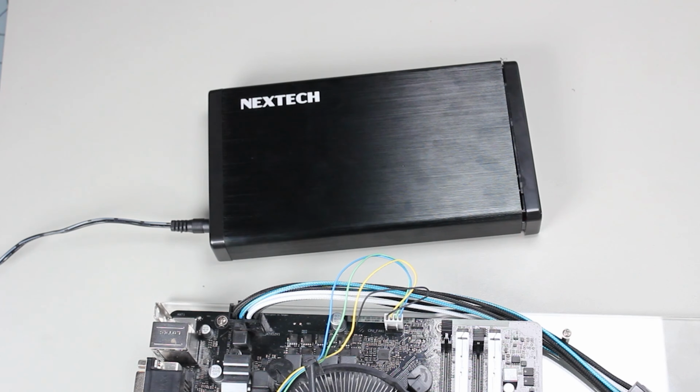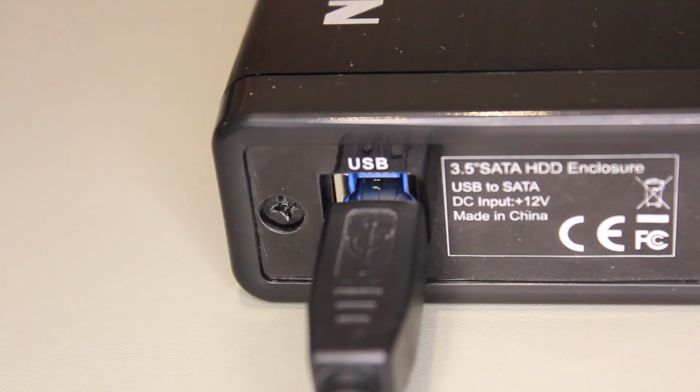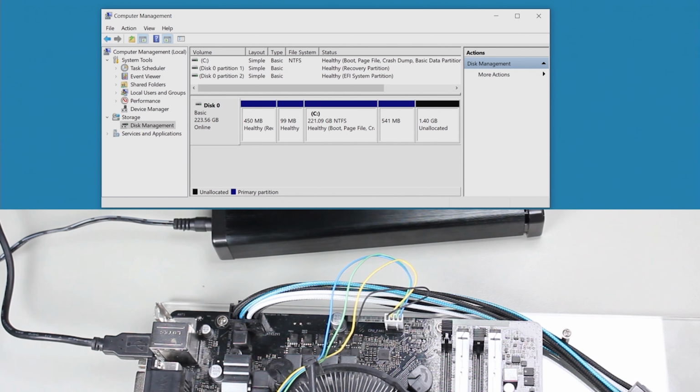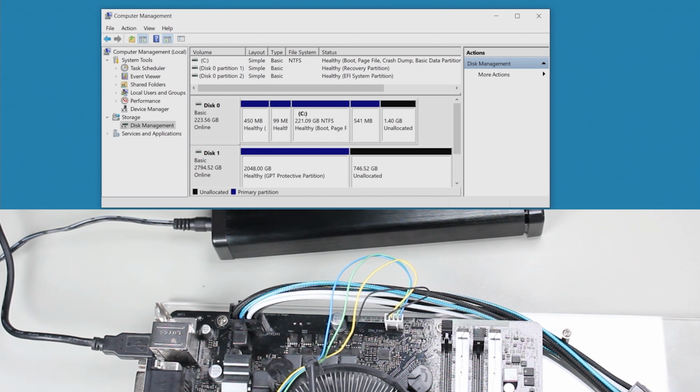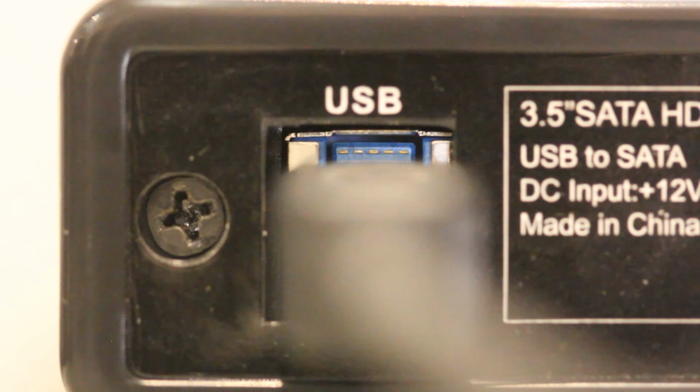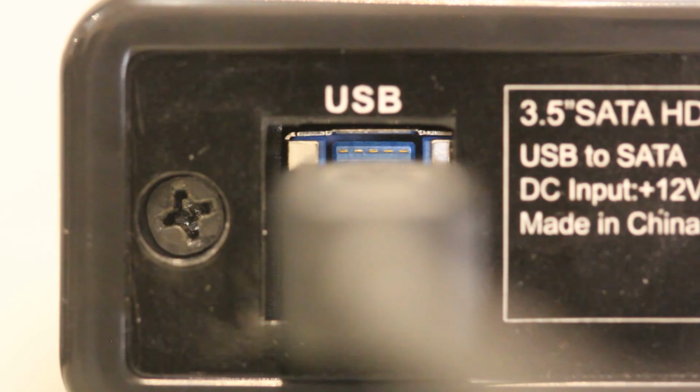I will next plug the USB 2 cable into the hard disk enclosure and into the computer. The hard disk will once again be detected in Windows. Windows won't give you an indication that USB 2 is being used. Thus, it is important to use the right cable, otherwise the performance of the hard disk may be reduced. You will notice that the USB 2 plug fits into the USB 3 plug of the hard disk enclosure. However, you will notice that the USB 3 wires are not connected. This allows devices like this to be backwards compatible.